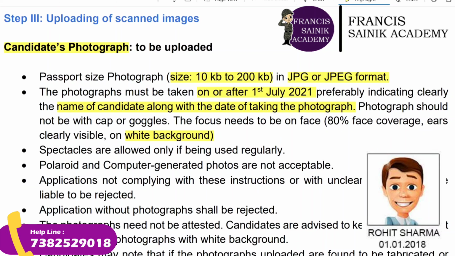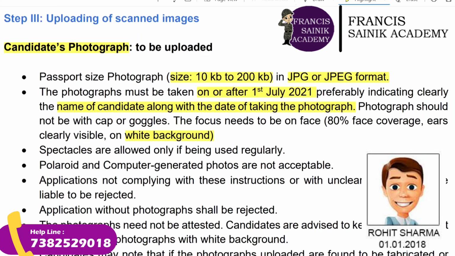Nowadays you get a photograph within one day. So just take a passport size photograph and upload your recent passport size photograph. If you do not follow these instructions, your application form will be rejected.